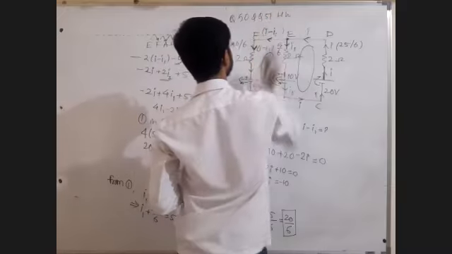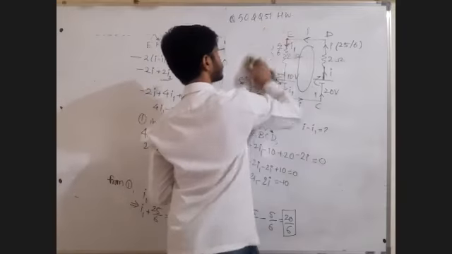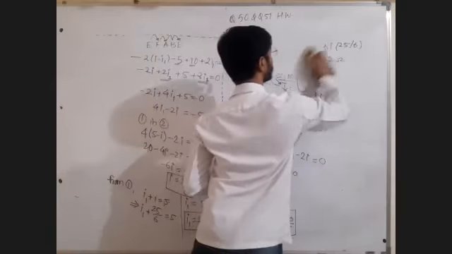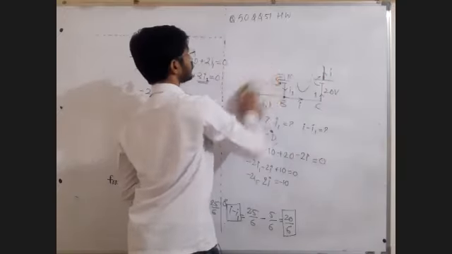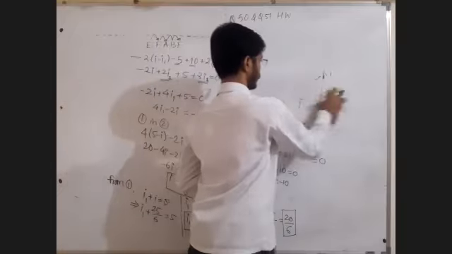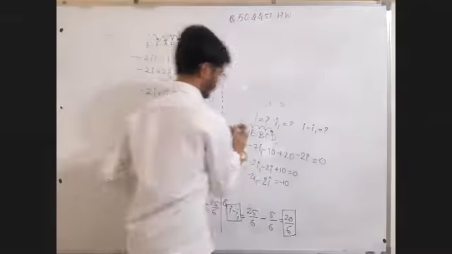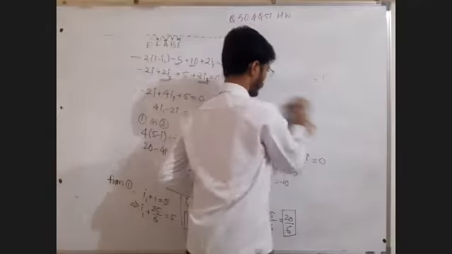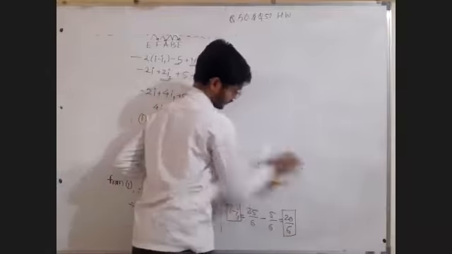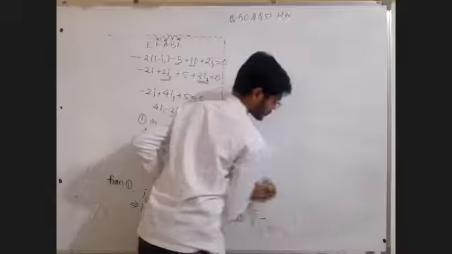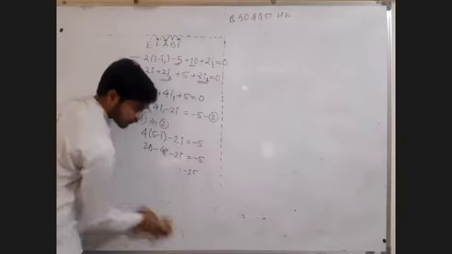You are going to do this today. You are going to post its answer on the group, its photo, not PDF, whatever solving you do for question 50 and 51. You will find out your answer, verify with their answer, and then post that answer on the group. Everyone will do this today after all the lectures. It will take around 10 to 15 minutes to solve two questions. Do it and post that answer on the group.